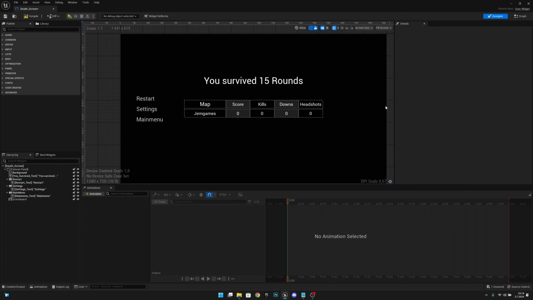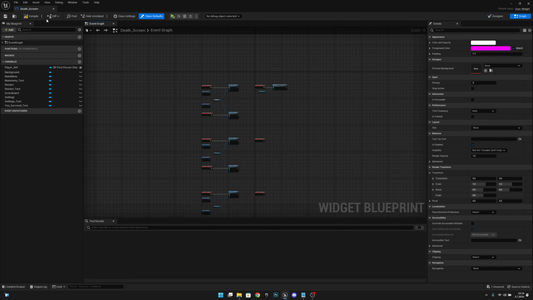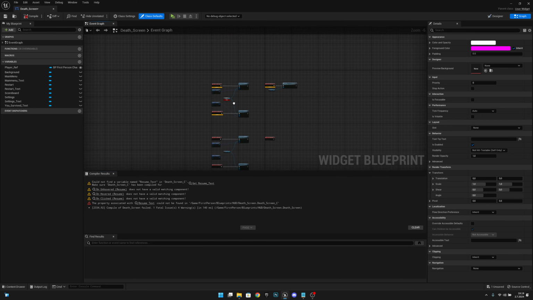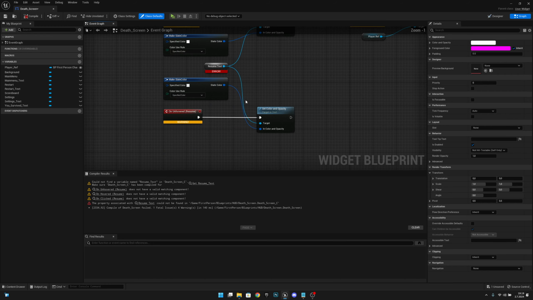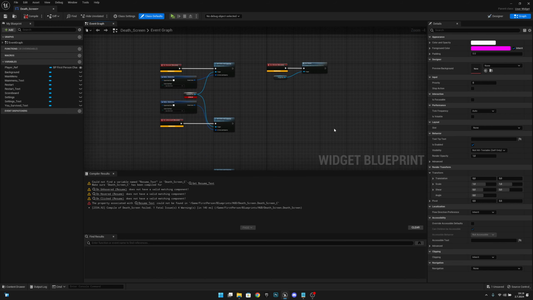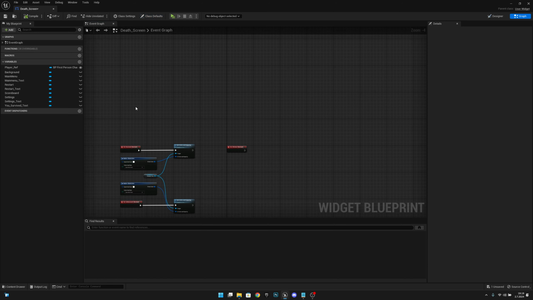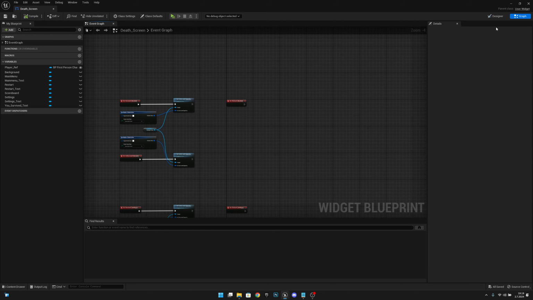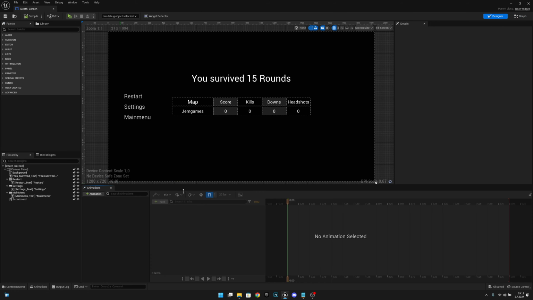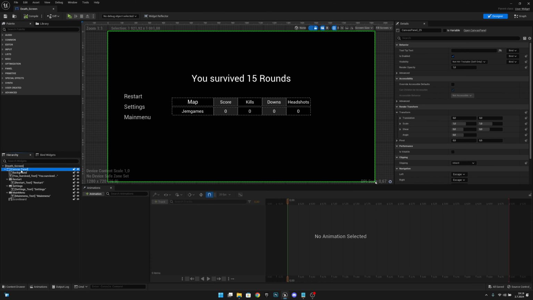Okay, now what we want to do is go to the graph, and let's compile so we can see which errors we have. Okay, we have these here. These are for the resume button, so let's delete all those. Okay, let's compile again. Now everything should be correct. Let's save. Let's go back to the designer, and here we want to select our canvas panel,